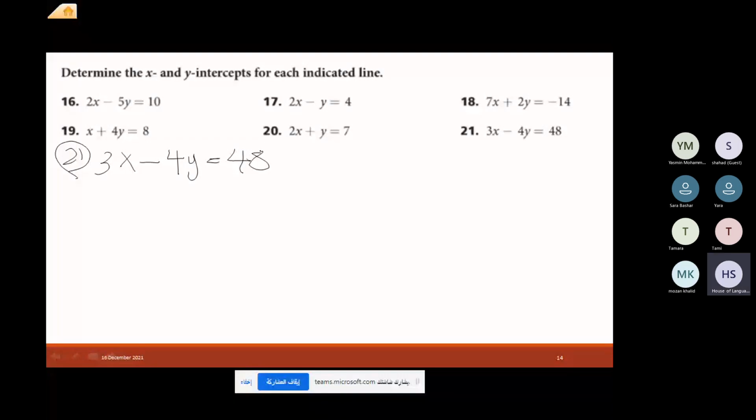First thing we will put x equals 0. If x is 0, how will it be? 3 times 0 minus 4y equals what? 48. Then 0 minus